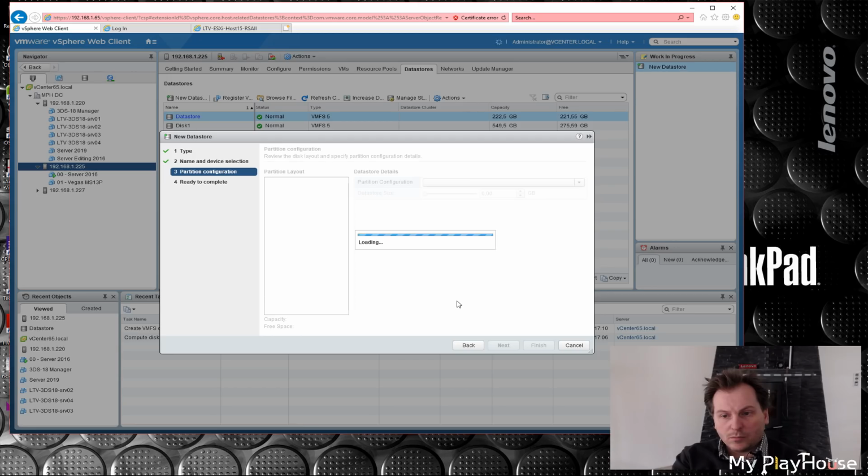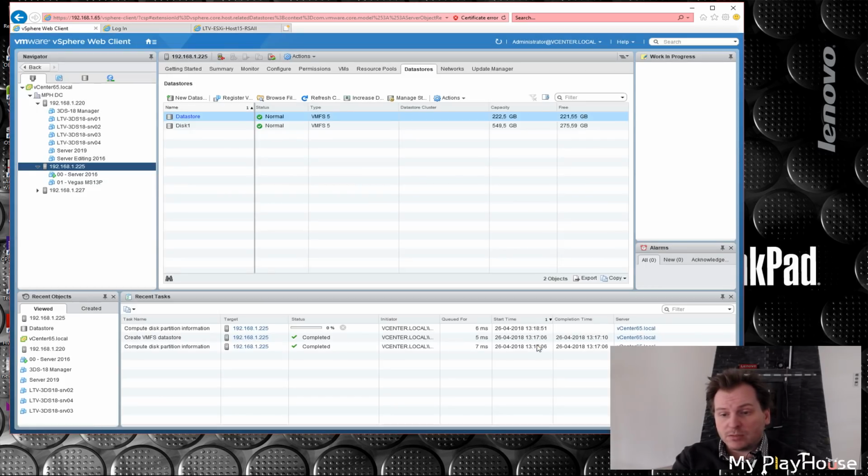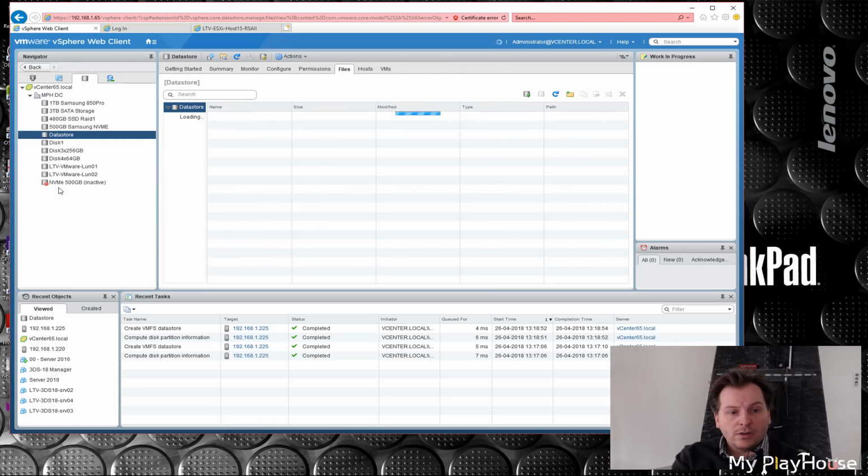Next, there's not the same amount of options on this. That's probably because this server is running an older version of VMware. It's running VMware version 6. The other one we were dealing with was 6.5, so probably that's why some options were there. So let's go into the storage, and we